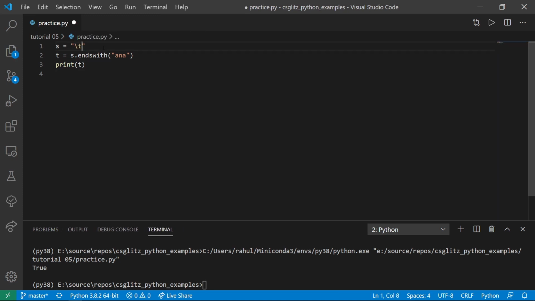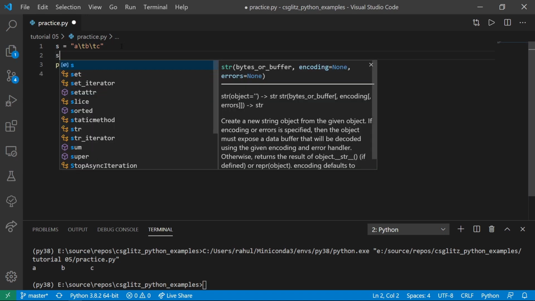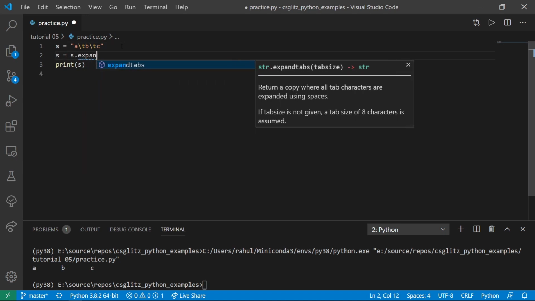If we have a string full of tabs, then we can change them using expandtabs. It will change the tab character with the specified number of spaces.